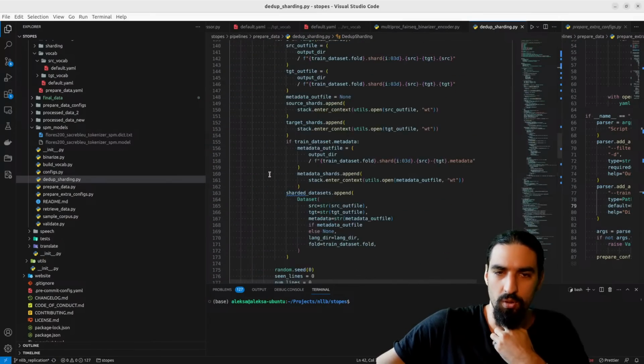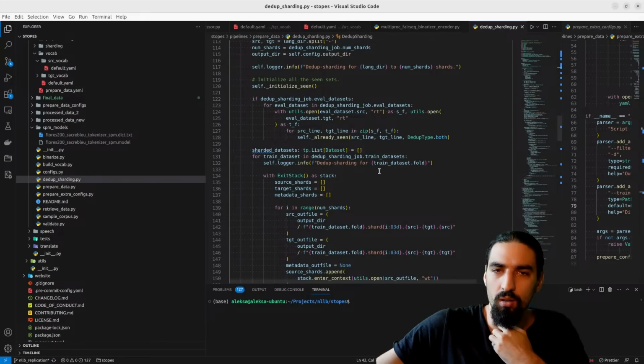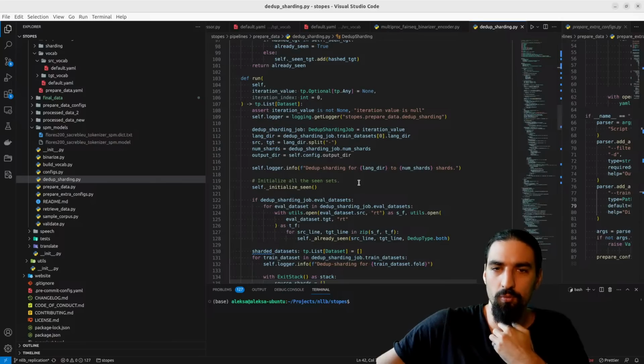Let's find the run. So the sharding logic here was, how do you pick the amount of data you put for a particular, so number of shards.